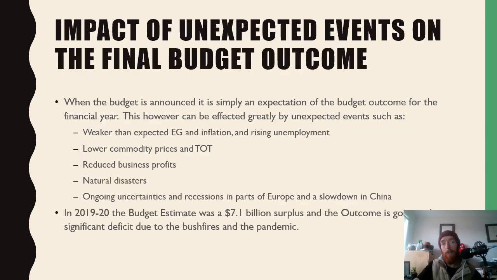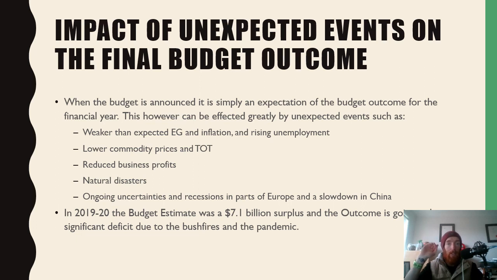And then lastly, we've got the impact of unexpected events on the final budget outcome. So when the budget's announced each year, it's simply an expectation of the budget outcome. It's saying what they plan to do for the whole year. And as you know, in 12 months, a lot can change. I'm sure all of you change a lot each 12 months. And if you look at yourself 12 months ago, you'll be like, whoa, that's not who I am now. The budget's the same. They set its goals and planning, and many things throughout the year can